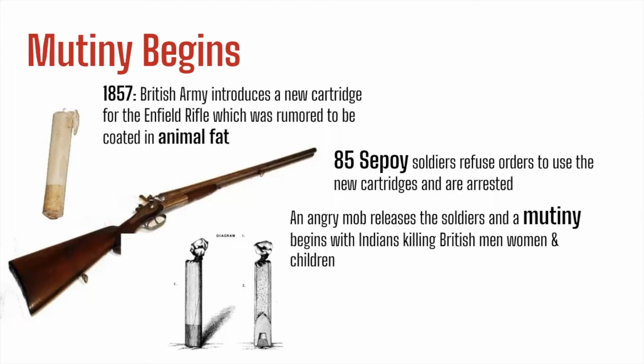So the Sepoy, when they are given these cartridges and rifles, refuse to take them. And a group of 85 Sepoy are going to be arrested and thrown into jail. And they're waiting trial, and they might be executed by the East India Company for refusing to follow orders. Very serious crime if you are in the army, right? So the Sepoy are locked up,